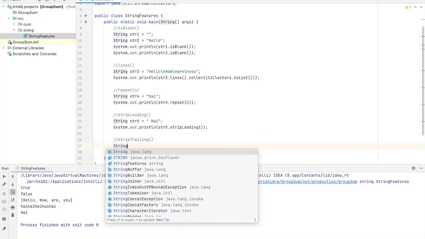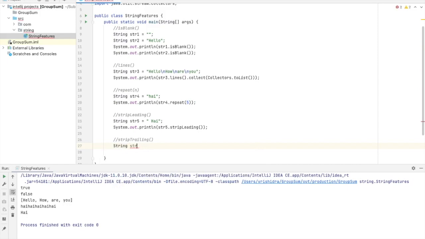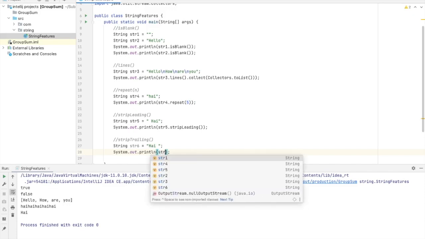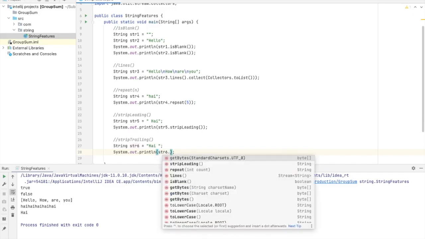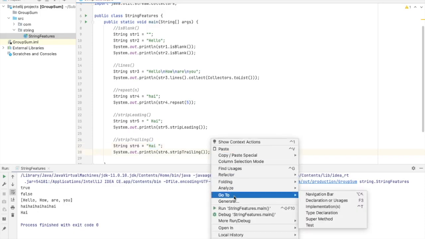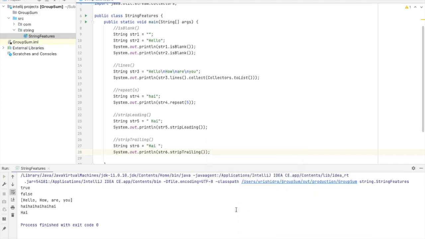String str6 equal to hi with a space at the end. str6.stripTrailing(). The stripTrailing method is used to remove the white space at the back portion of the string, and after executing this the end space is removed.